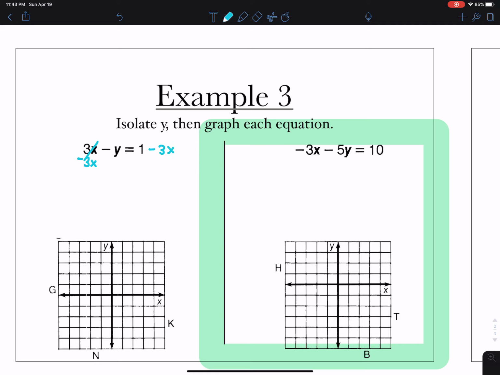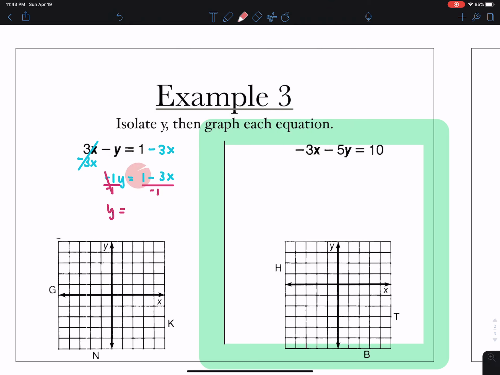It's a positive 3x, so to cancel it out, we have to subtract it. And then, again, we have negative 1y equals 1 minus 3x. So y is not completely by itself. We have to divide everything by negative 1, both sides of our equation. So then we're going to have y equals,